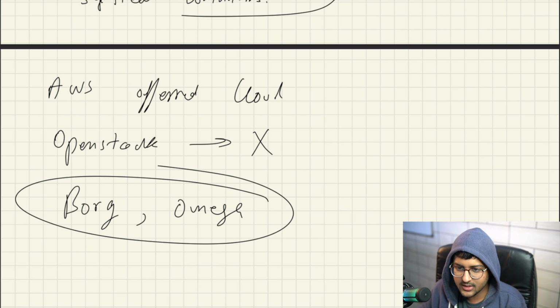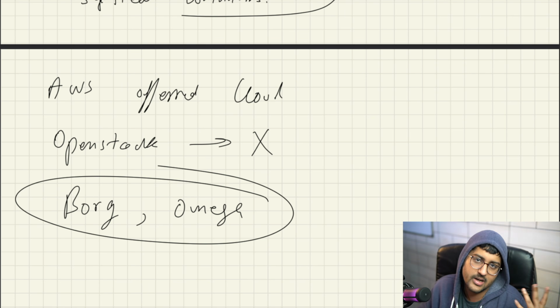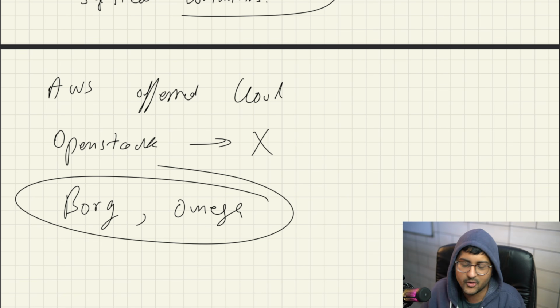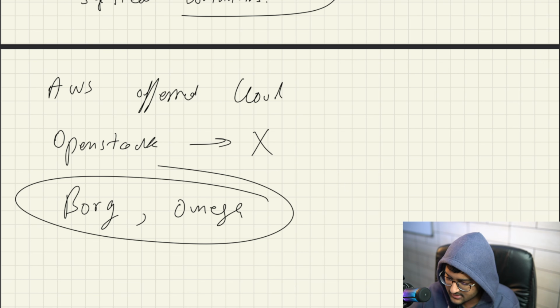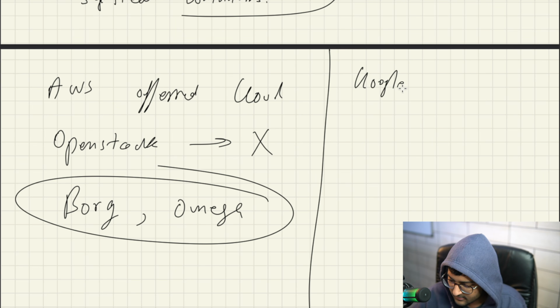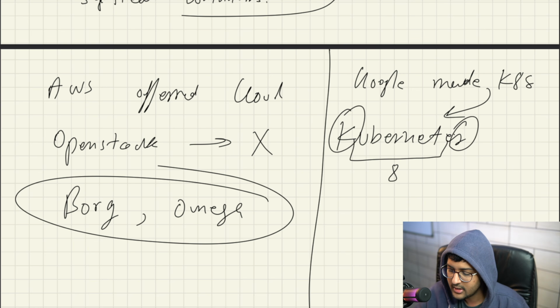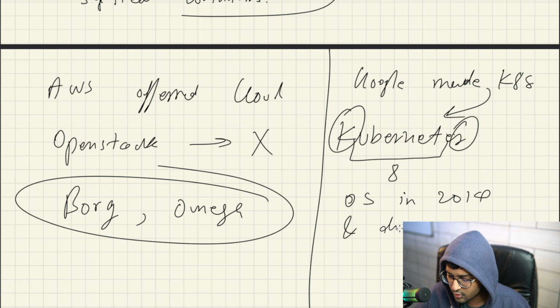Then what happened was that Google created Kubernetes, and the folks who worked on Borg or Omega, I believe, created Kubernetes. It's not the same thing, but since the same people worked on it, maybe it has some similarity, but I don't really know. So Google made Kubernetes, or K8s. It's called K8s because Kubernetes has first letter K, last letter S, and in between it has 8 letters. So K8s in short. Google made Kubernetes open source in 2014 and donated it to